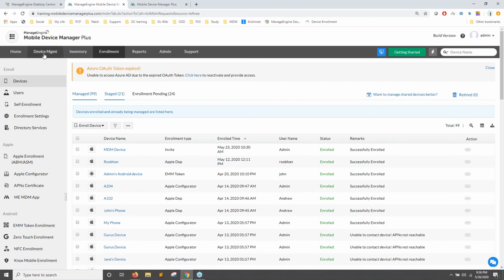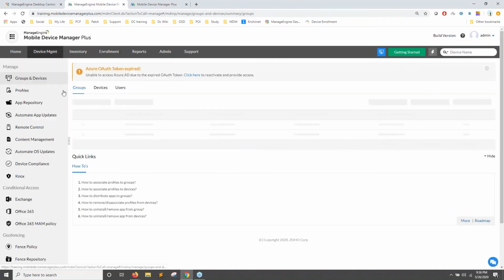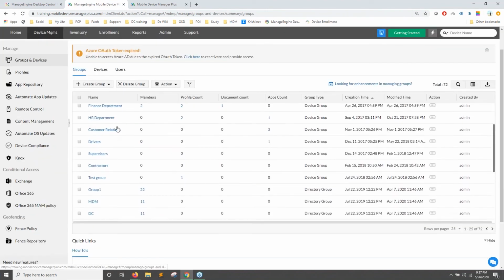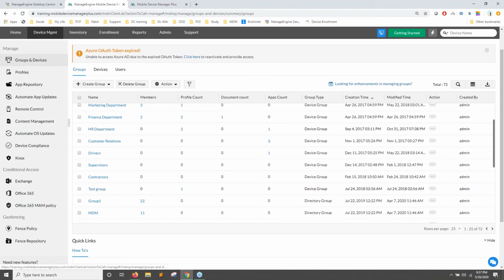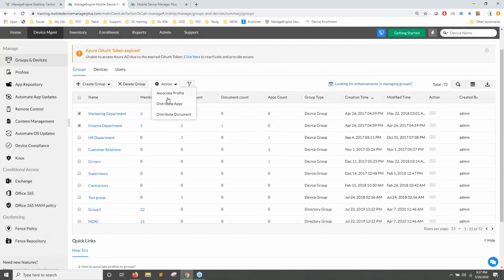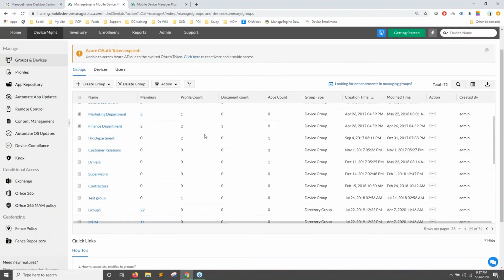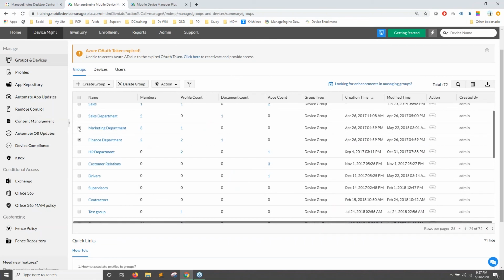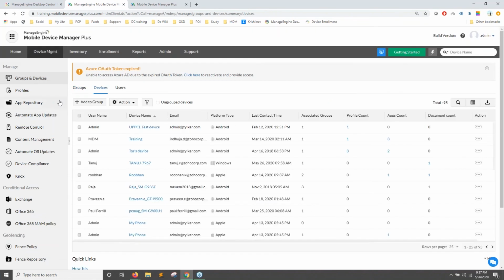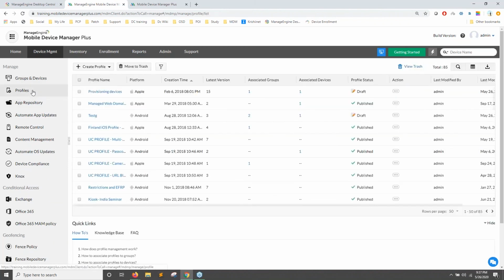For that, I'll go to the device management tab. So here is where you can group your devices based on the requirements. I've created groups for the HR department, finance department. This helps me to select the appropriate groups and distribute documents and policies which I want to apply to the entire group or the department itself. If not, I have to go to individual devices and do it. But however, once the devices are added,